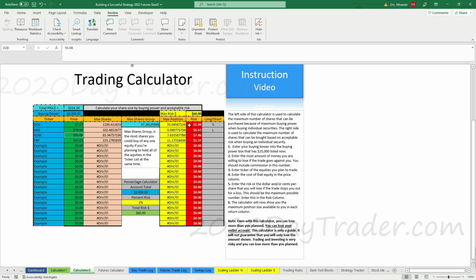So it's telling me that if I don't want to risk more than $60 in any one of these trades, I shouldn't buy more than 55 shares, 9 shares, 7 shares, 11 shares. Not that I might buy 55 shares and end up losing $100, but at least it gives me an idea of the ballpark I'm in, because stocks gap up, they gap down, crazy things happen, they move fast. But at least I get a general idea so I can be in the range I want to be in.